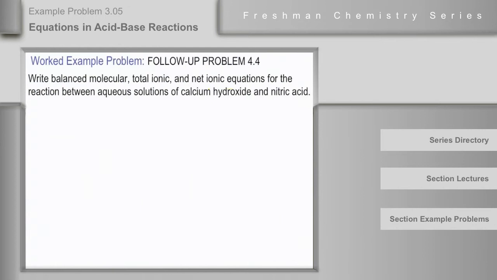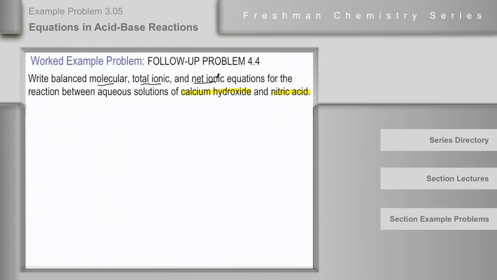In this problem, we are asked to write balanced equations of various kinds for the reaction between aqueous solutions of calcium hydroxide and nitric acid. Calcium hydroxide being a base and nitric acid obviously an acid. This will be an acid-base reaction. And we need to be able to write the molecular, the total ionic, and the net ionic equations for this